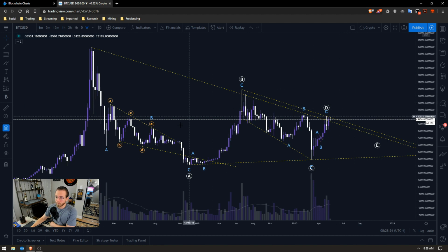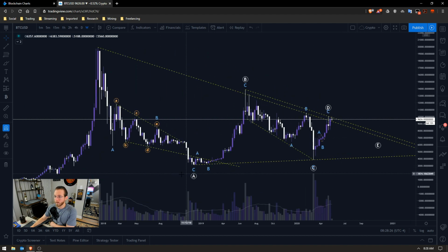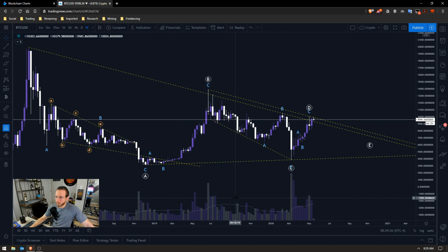So in terms of an overall count, basically what's happening here is this entire thing is corrective, right? And the reason why I think this makes sense, to me at least, is because I want you to pay attention to these trend lines, right? These overall trend lines from our high here at 20K and this trend line from our high at 14K, and this kind of zone that's formed here and this big triangle. So these were things that he caught